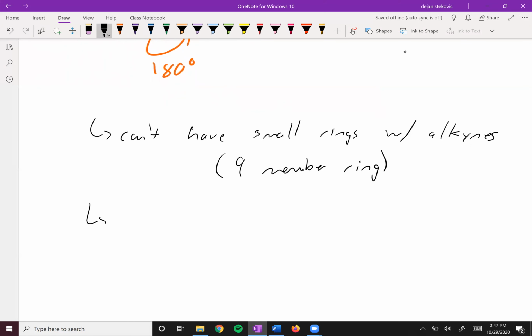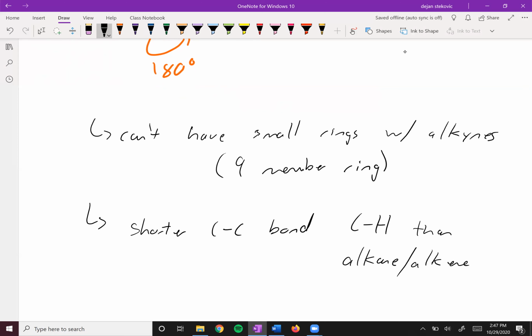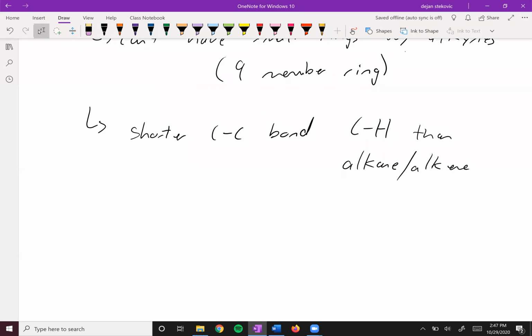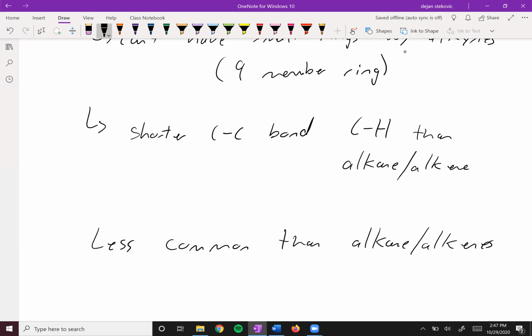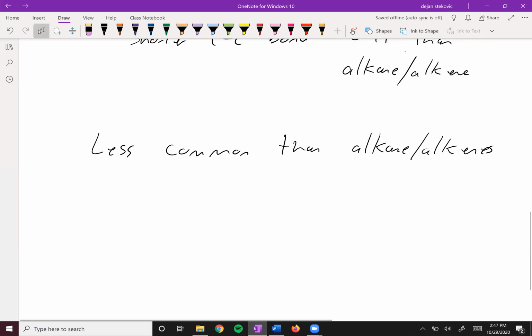And then also remember that this carbon-carbon triple bond is shorter, as well as the carbon-hydrogen bond as well is shorter, right, compared to the alkane and alkene. Overall, alkynes are going to be less common. However, we'll still use them a bunch in this course because they're going to be a very useful synthetic precursor